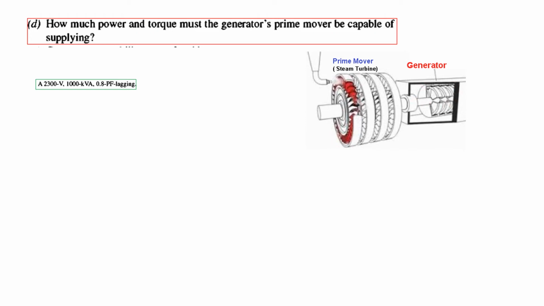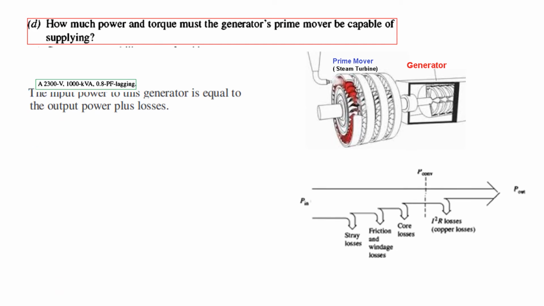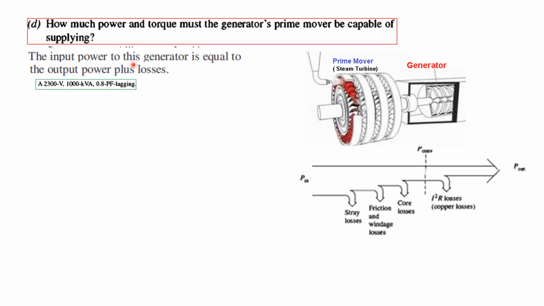If this is the generator, the turbine, a steam turbine, is a prime mover. So we need to find how much torque it will produce and how much power it has to produce to run the generator. Now, the input power to this generator is equal to the output power plus loss. We know from this diagram that the input power is output power plus these losses. And this is what is given as the rating: rated voltage, rated power, and also